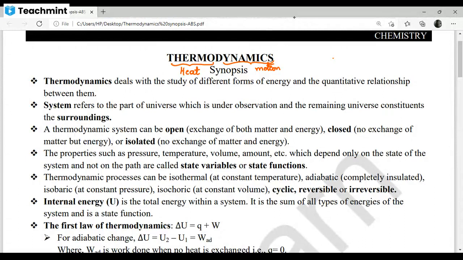Now, I hope you know what is system. System means, now say for example, we will consider this box as universe, complete universe. Now in this universe, if I take a beaker which I'm heating in order to carry out the reaction, now this is called as system. What is system? This part, the part of the universe where the experiment is conducted or observation is made, that